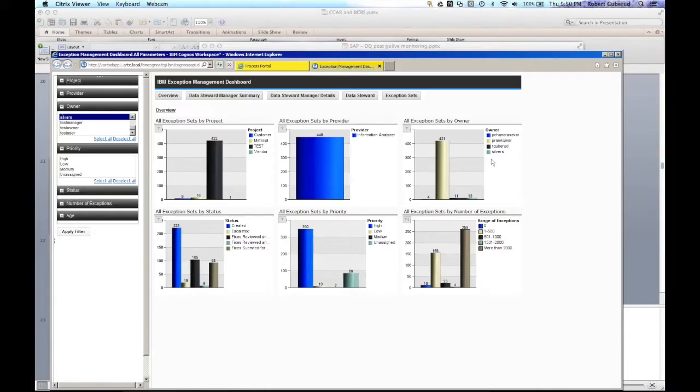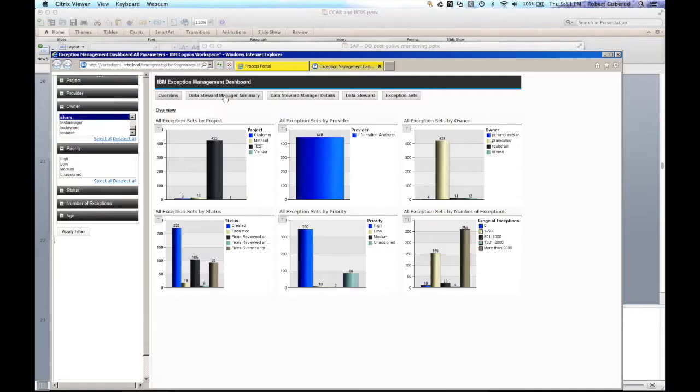I should look at it by owner. This owner, Mr. Kumar, is woefully behind in his status. Most of them high priority. Many of them just created, not even claimed or picked up by Mr. Kumar. So in any case, I can look at my team and see what's going on here simply by going to the,